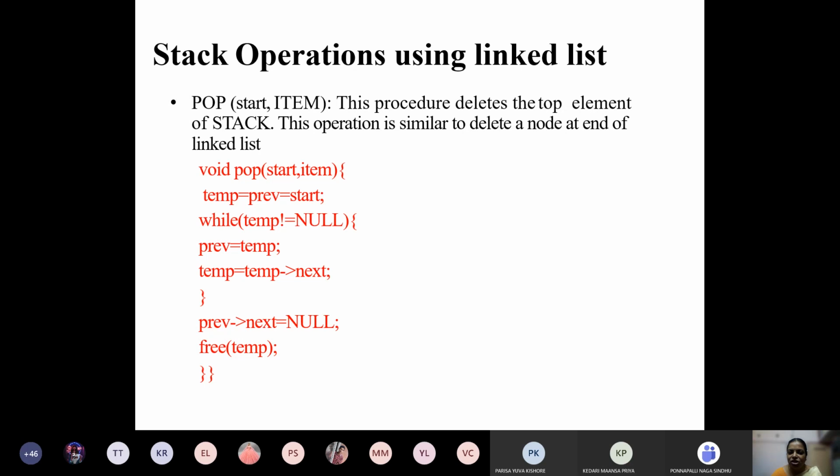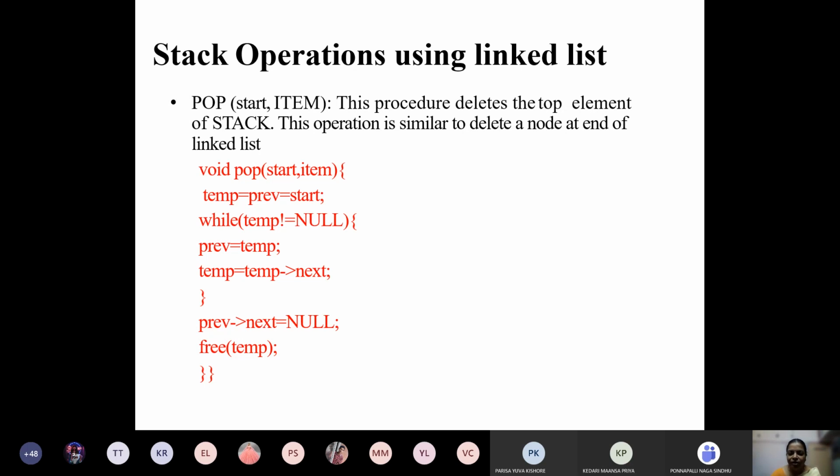You can also write a main function calling these two functions: call push by passing some value, and call pop by passing the start address. Otherwise, writing only these two functions is also enough. Just explain what a stack is and then write the push and pop function code. That is enough to implement a linked list as a stack.